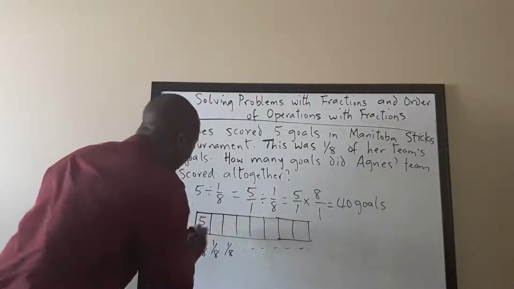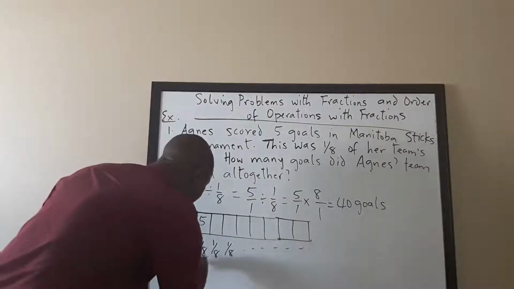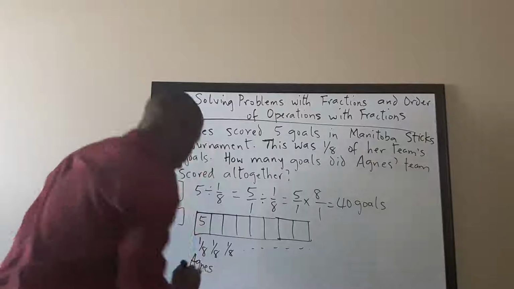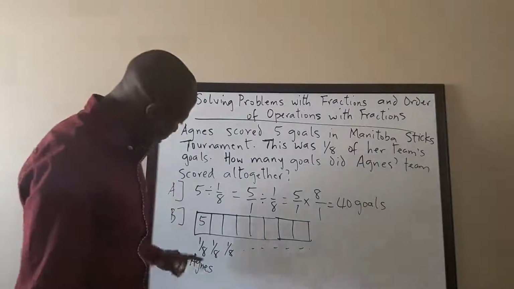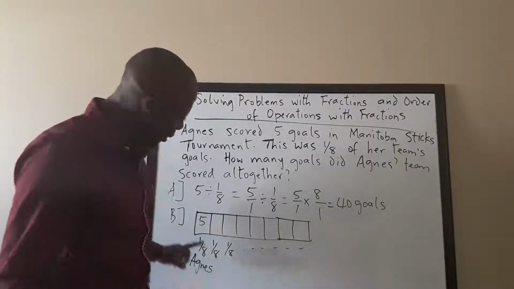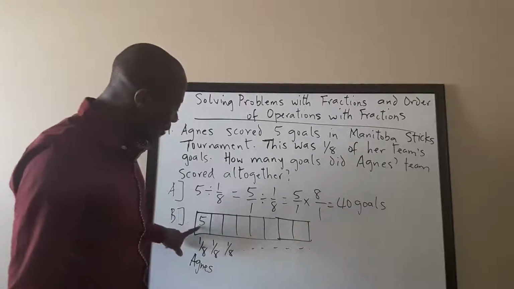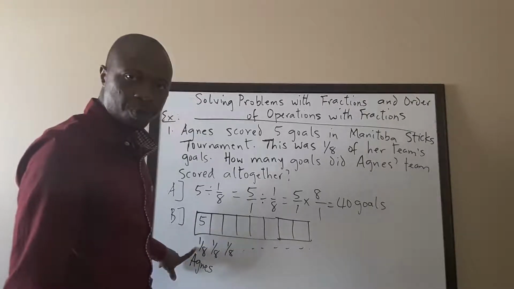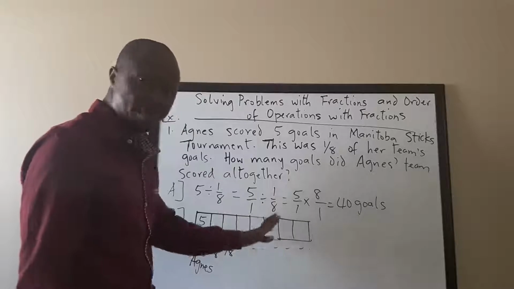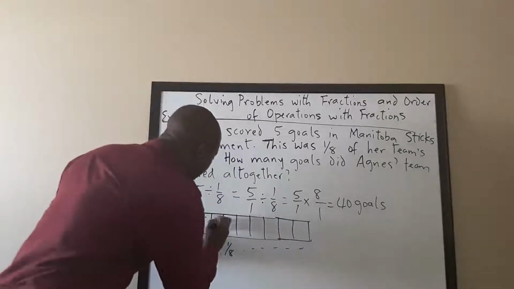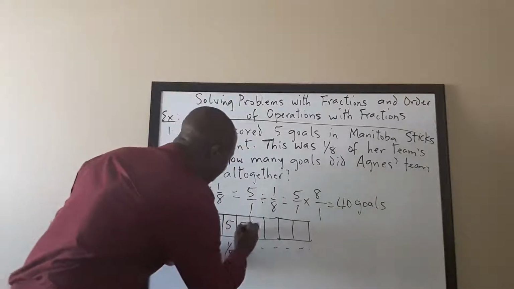So 5 goals here. I'm going to say Agnes here. So Agnes has one box, the first one, scoring 5 goals for that. So we have 8 different spots. So that means if you want to break it down like this,